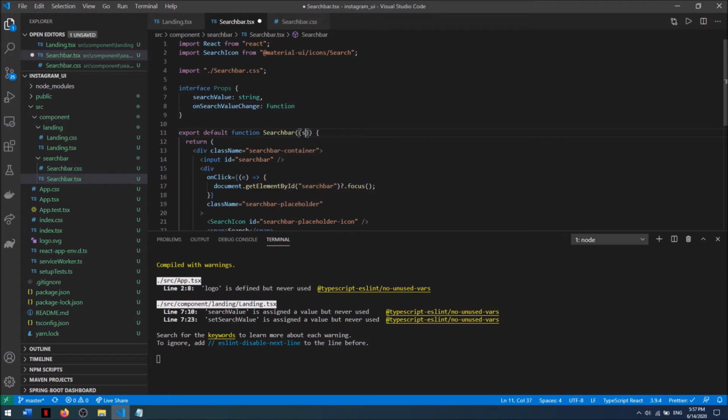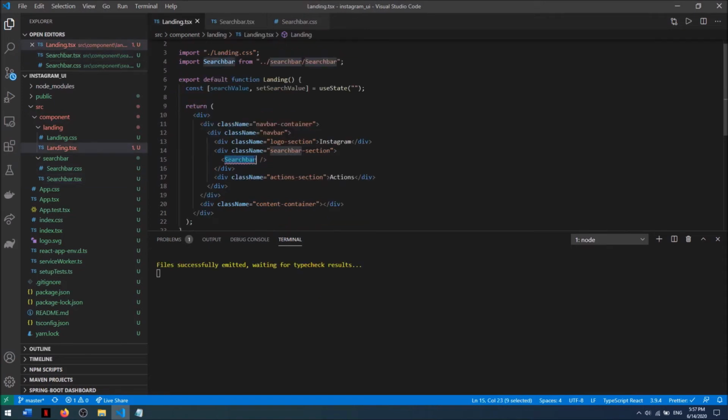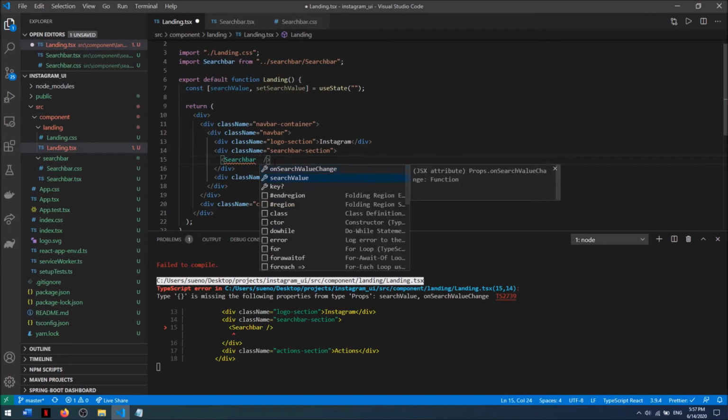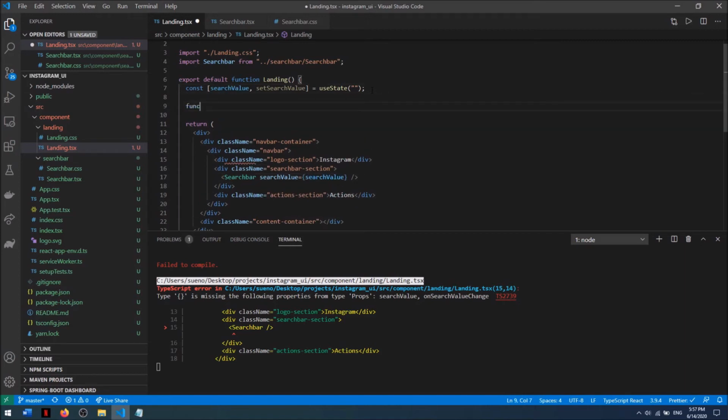So we are going to get a search value and an onSearchValueChange, which is of type properties, which we just added. So we will get an error right here. Yes, it's good, because we now have to add those properties. Well, the search value is the search value, which we just added, and then we are going to create a separate function for